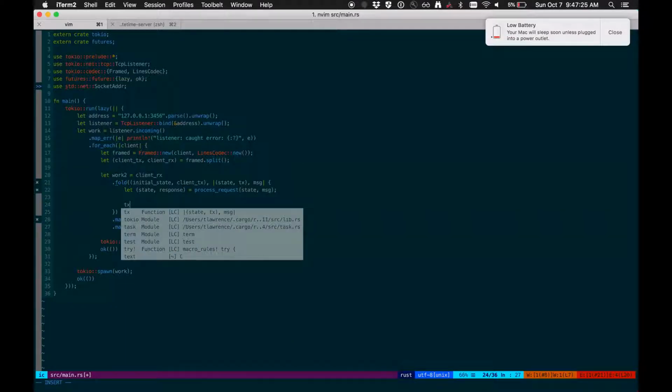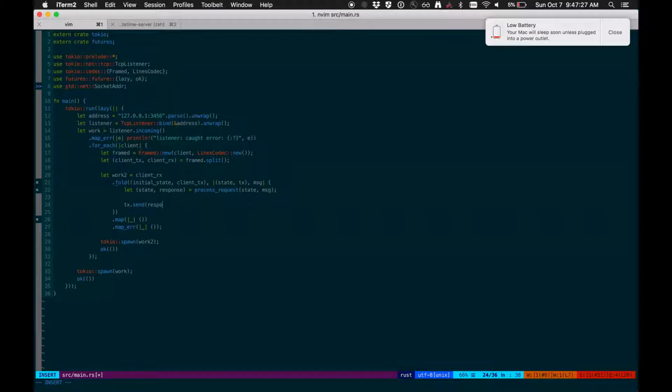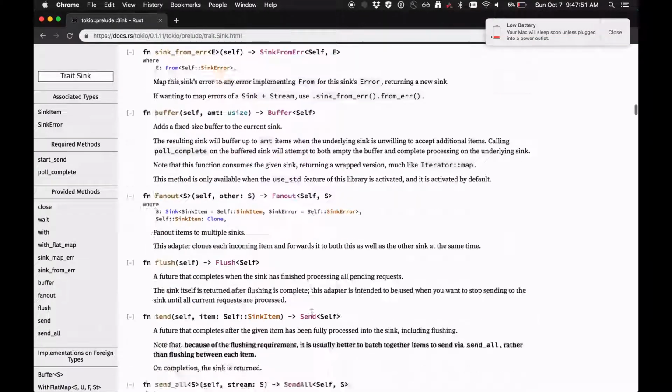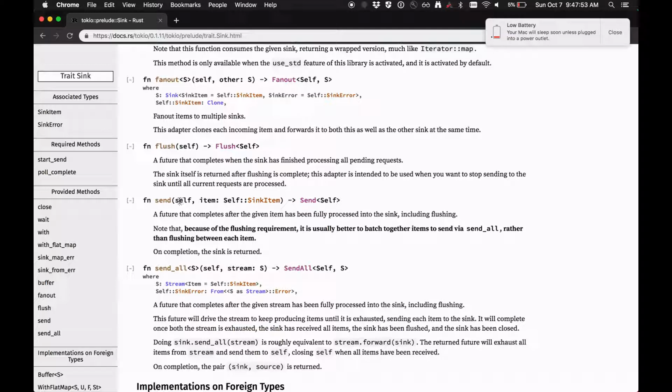So we have our response. We will send the response into the sink. And remember, things like this, send, if you're using TCP sockets and do the same thing, it consumes your sink, your stream, your future, and then wraps it or gives it back to you. So in this case, I don't think we can actually see it. Oh no, you can see it here. Yeah, so it consumes self, and the item has to be Self::SinkItem type,